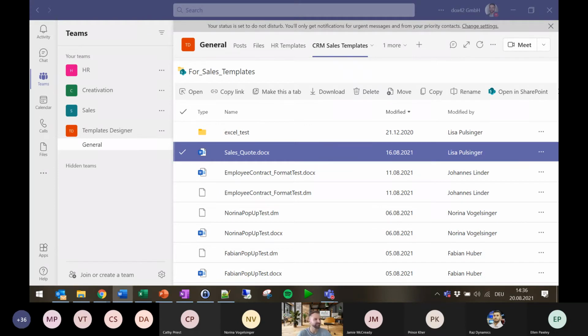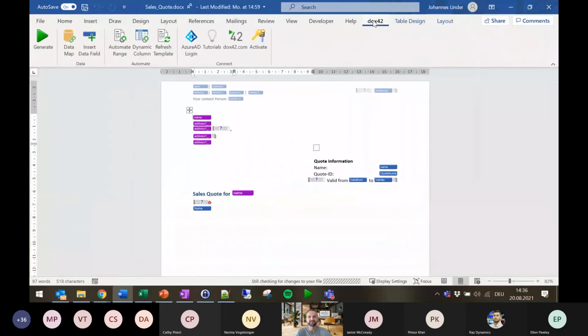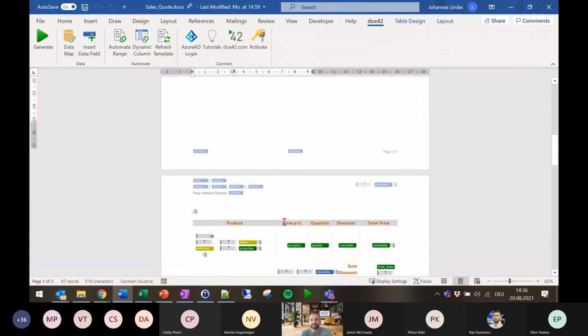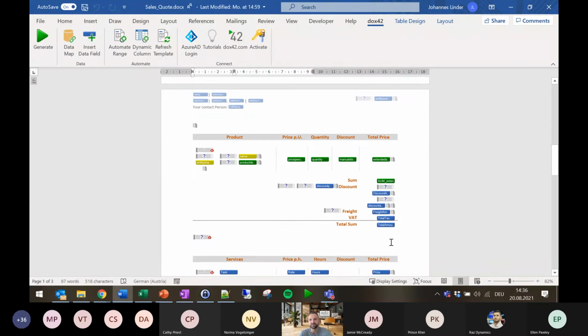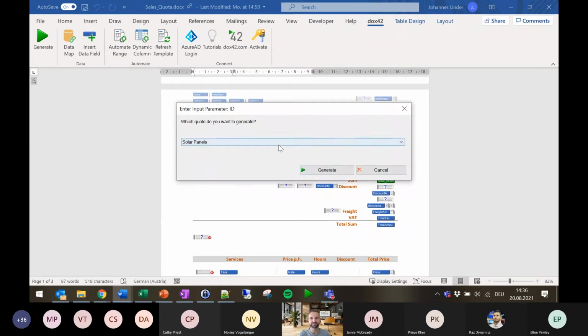Opening on my second screen, I will then move that over in a second. All right. And in this case, with the difference that it's not SharePoint data sources, but it's going to be a lot of different Dynamics CE data sources. And just for the sake of seeing it, also the repeated table down here, that's what a repeated table looks like in the design part. And if we generate, let's also have a look on what's going to happen with that very table.